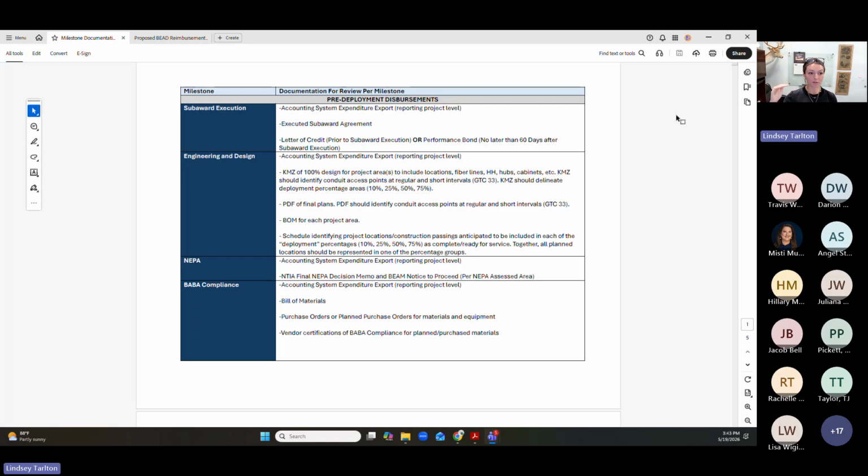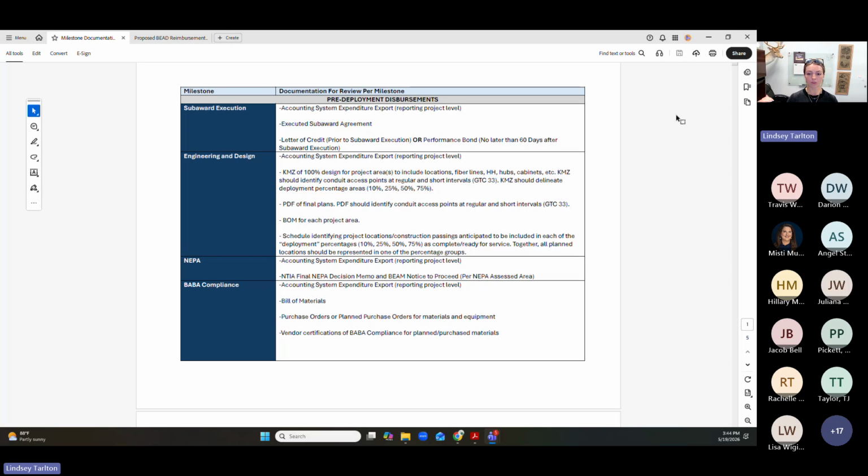Let's say you have reporting project B, and after looking at it with your engineers and your consultants, you decided that it needs to be broken down into multiple NEPA assessment areas underneath it. So reporting project B now has NEPA area 1 and NEPA area 2. Let's say NEPA area 1, super easy assessment. It might even have a categorical exclusion and can move through the process super simple, no problem. Let's say NEPA area 2 underneath reporting project B gets held up for whatever reason. There's a specific permit that you have trouble obtaining or some other thing that might be holding it up in the review process.